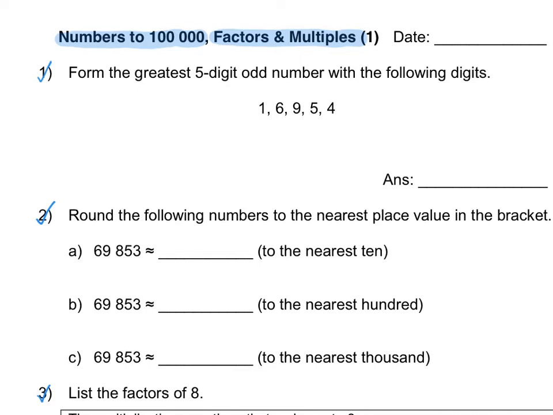Question number 1. Form the greatest 5-digit odd number with the following digits: 1, 6, 9, 5, and 4. Have you already known how to solve this question? Now first, you need to identify which of these numbers are odd or even. So let's draw the table. We have odd